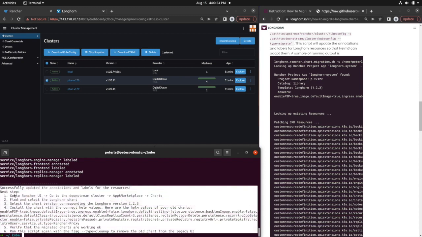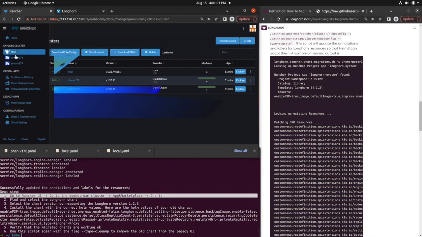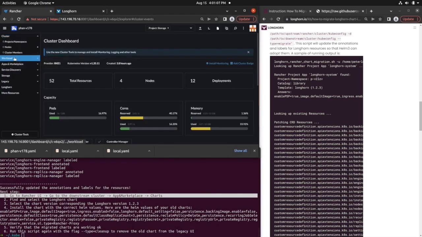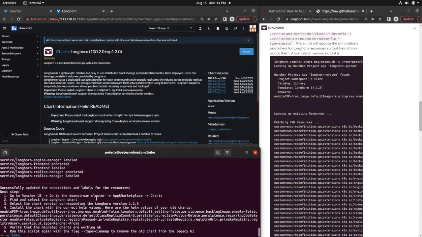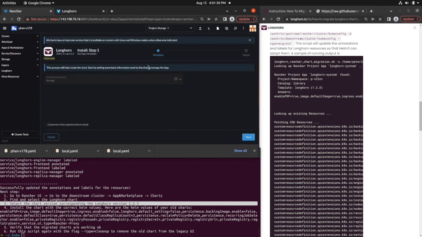The next step is to go to the Rancher UI, go to the downstream cluster, and go to App and Marketplace. So let's go to the downstream cluster 178, go to App and Marketplace, go to the chart, select the Longhorn chart, and then select the version that corresponds to my current Longhorn version, which is 1.2.3, which is this version. So we're gonna select this one and select install,